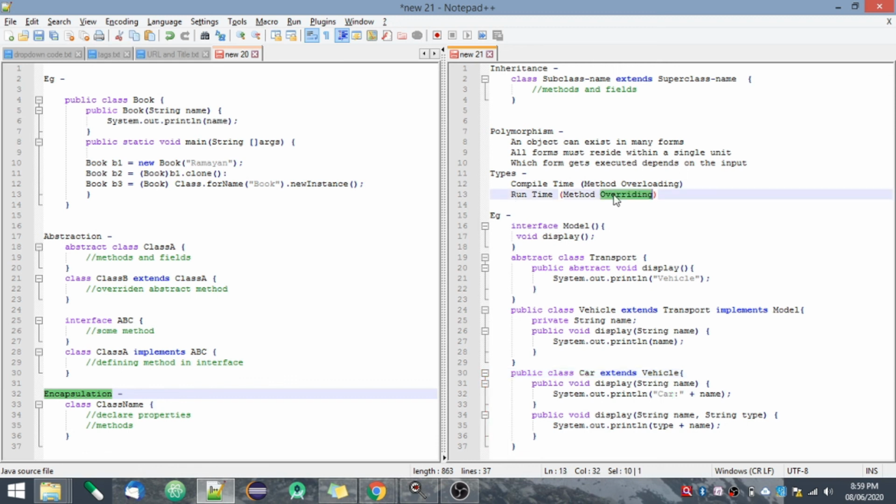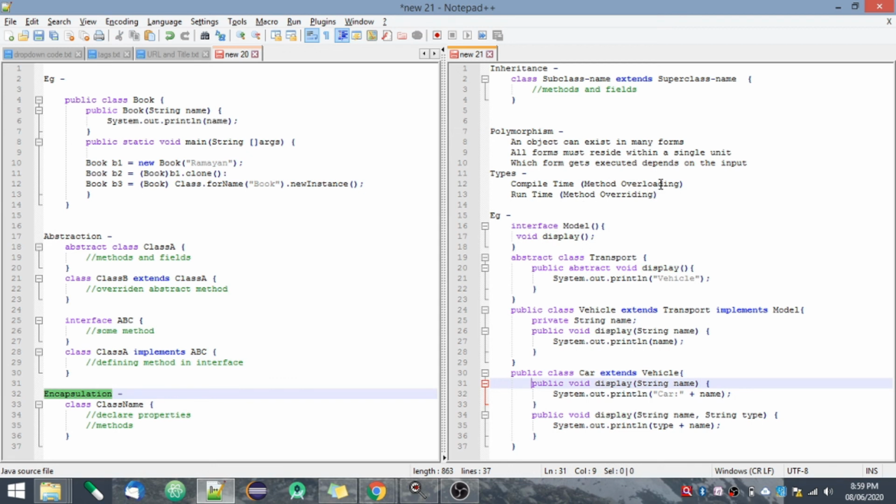Method overriding is redefining the methods of the base class in the derived class. I have a display method in Vehicle, and in Car I am overriding that display method. If I redefine that same method, then it is known as method overriding. You can achieve this with the help of this.